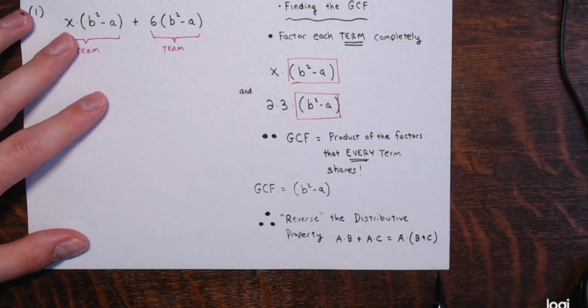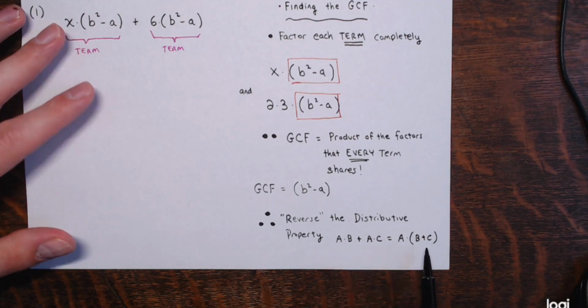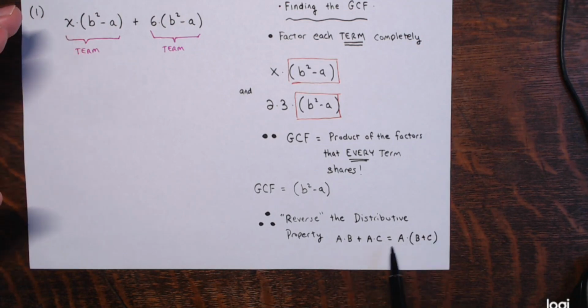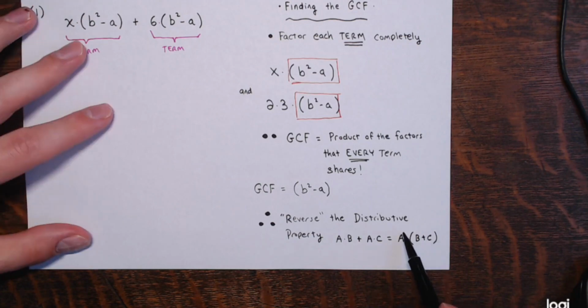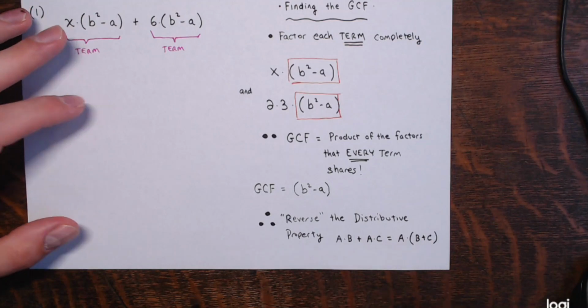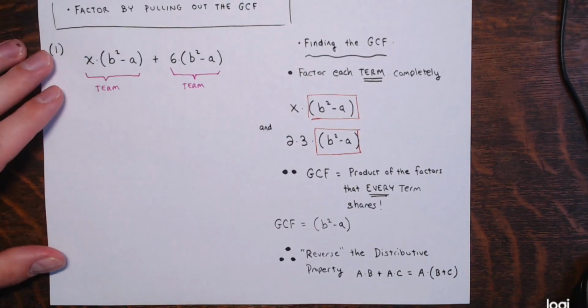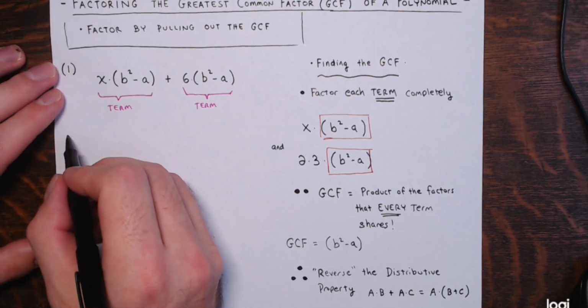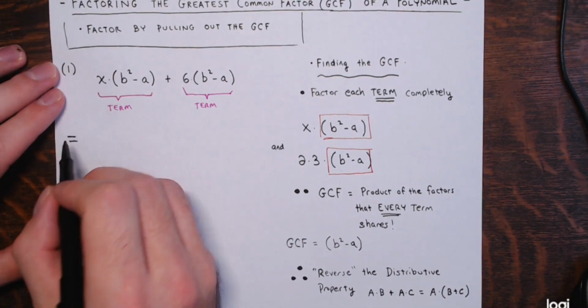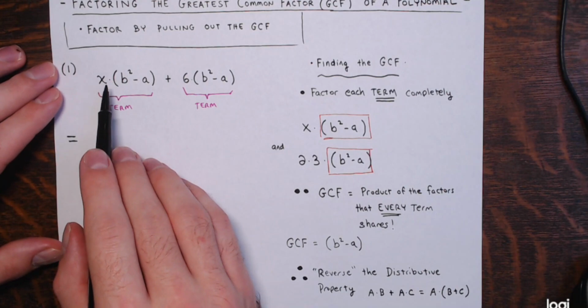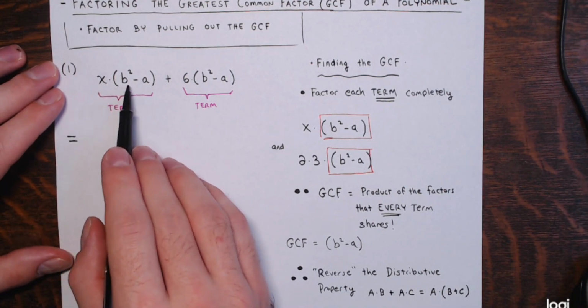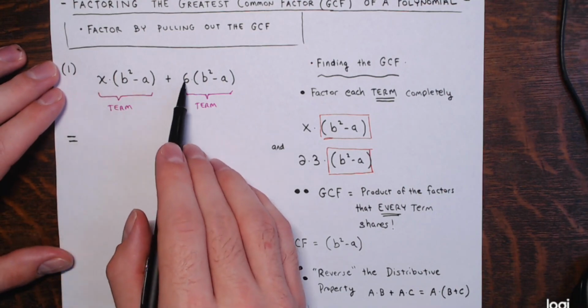Right? So that's why I call it reversing the distributive property, because technically both directions are the distributive property. It's just most people, when they think of the distributive property, think of putting this a over the quantity b plus c. All right. So our original expression, x times the quantity b squared minus a plus 6 times the quantity b squared minus a,